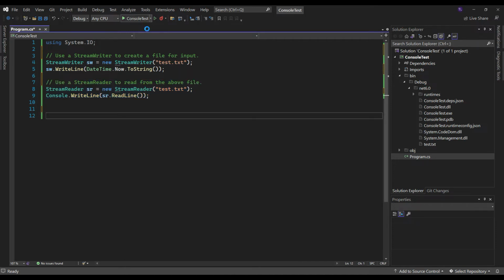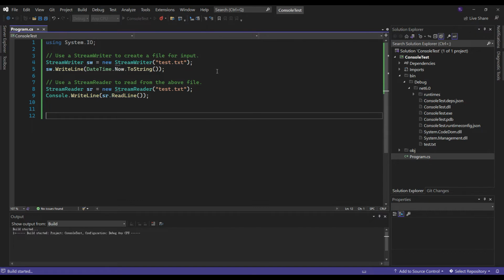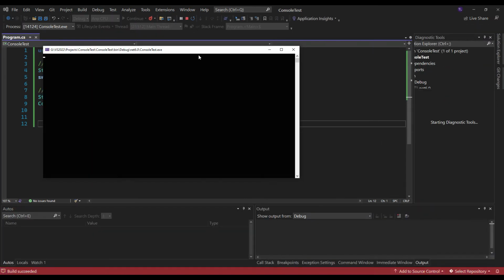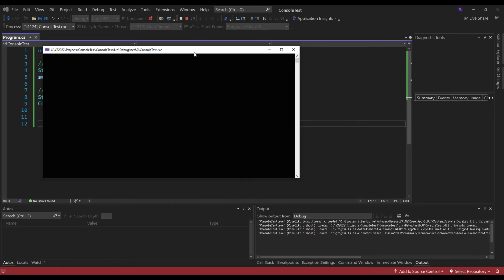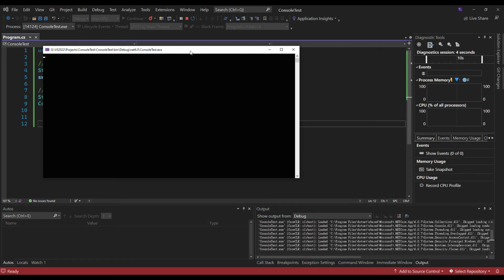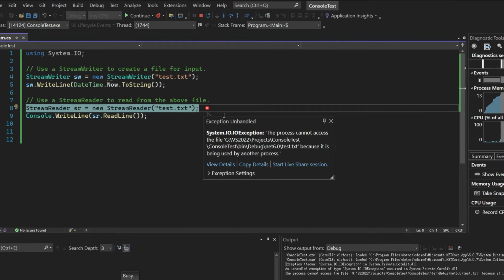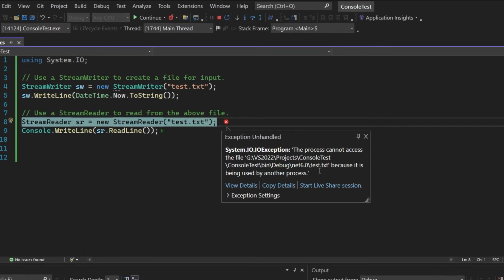Let me run this application to see whether we can read the timestamp from the file. As you can see, the execution of this application encounters an error. The debugging error message says that the file is being used by another process.